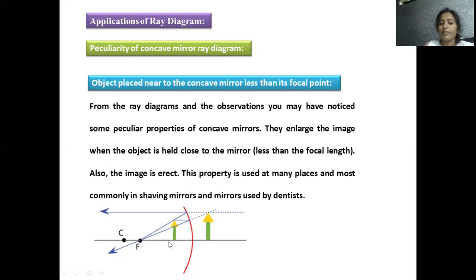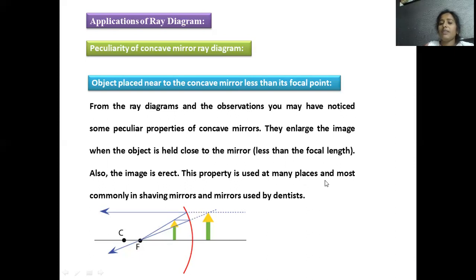The size of the image is enlarged. So here is the image. Beyond this curvature, beyond this concave mirror, you are getting its image, and it is the enlarged one. So a larger image size is possible. This is one condition. And the second is that the image is erect. Can you find whether it is vertical or inverted? It is vertical, upright, just like the object; the way the object is placed, its image is also oriented in the same manner. So you can say it is an erect image.